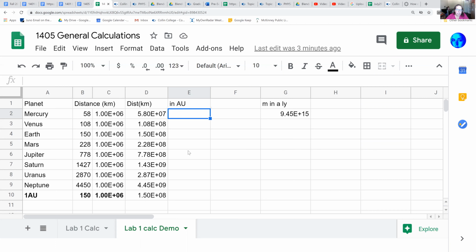Okay, so very quickly, the process to do a unit conversion from kilometers to astronomical units: we need to know how many astronomical units is a kilometer. So you choose the value of one that you need in order to change your units if you multiply. So we have kilometers and we want AU. So we will put kilometers on the bottom, cancel out the kilometers we already have, and we'll put astronomical units